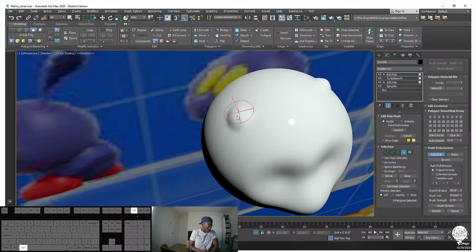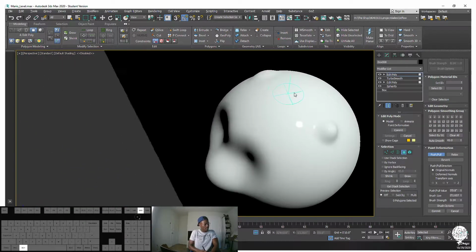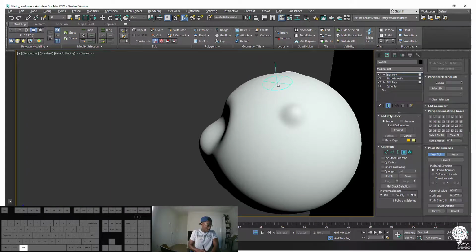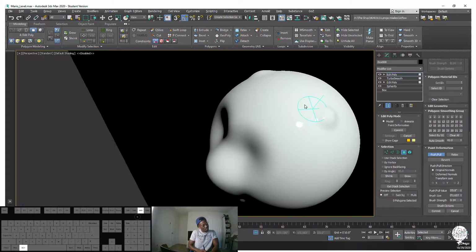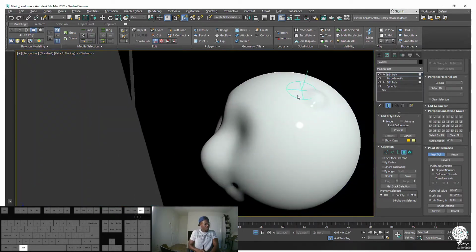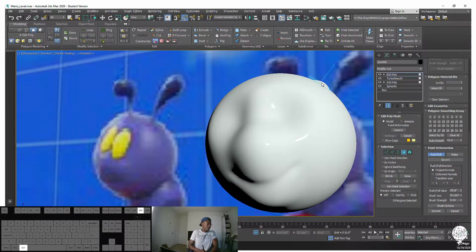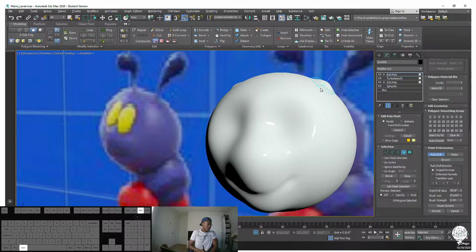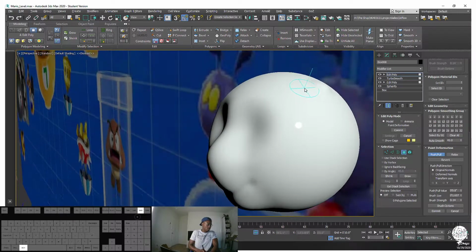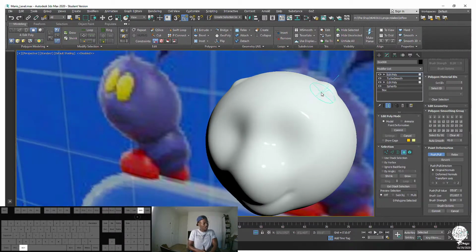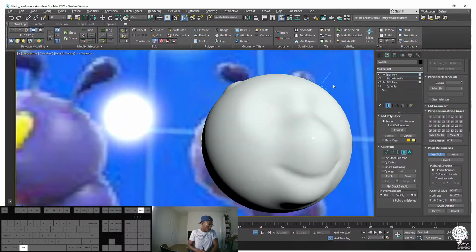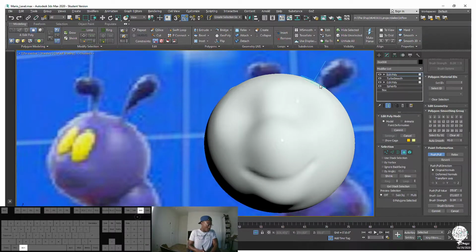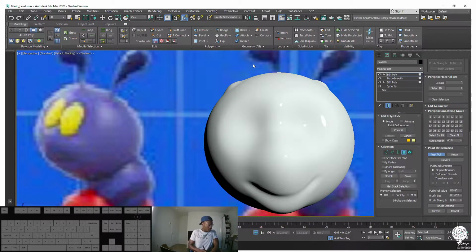Now if I hit Alt, it kind of flattens it out a little bit, right? And then the antennae are going to come out of there. I could try to pull the antennas out of there, but I think that'd be a lot. I think I'll just make them as separate pieces and just jam those bad boys in there. Okay. So the next thing I want to make is